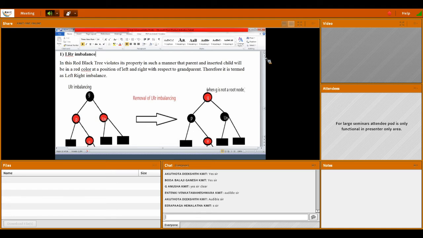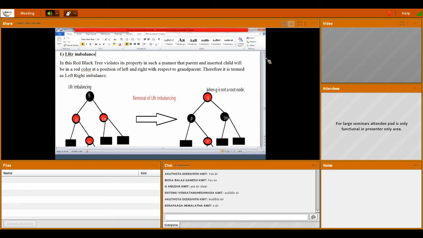So in this manner, it violates: the parent and child will be red color. The new node and the parent have the same color, and it is violating, at a position of left and right with respect to the grandparent.